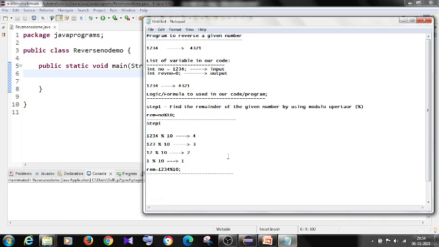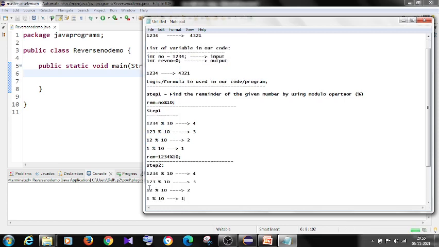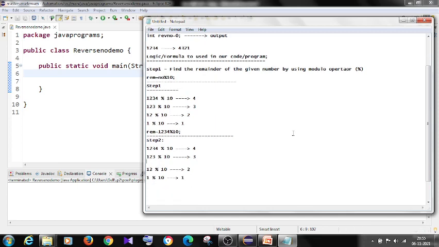In step number 2, what do you need to do? See, we got the remainders 4 3 2 1, right? After this 4, what output do I need to get here? 4 3.